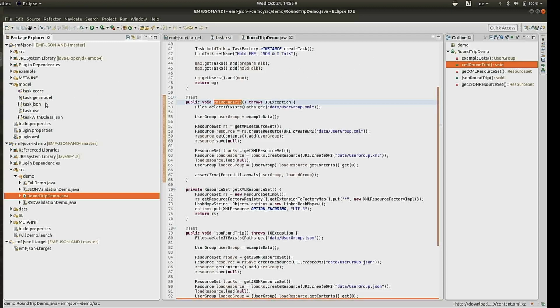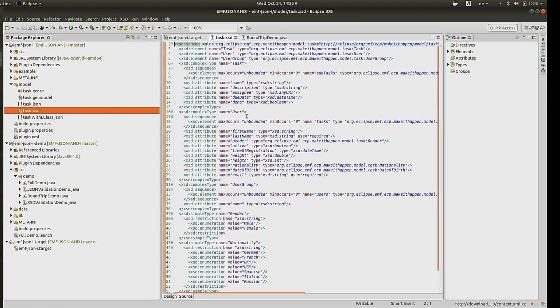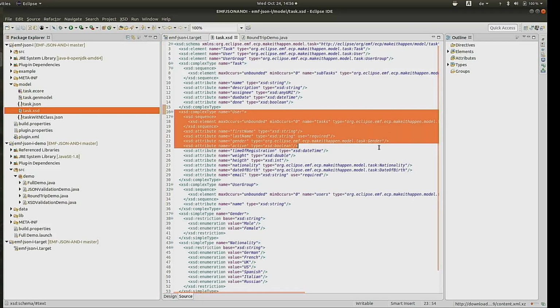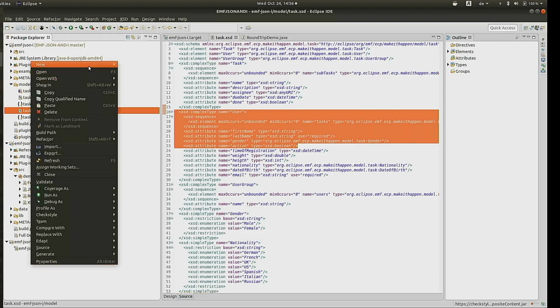And what I have here is an XSD, this one. It describes the Ecore model that I have. Parts of that are maybe something we can recognize from the slides. So we have a user here with a couple of attributes. And to create an Ecore out of that,